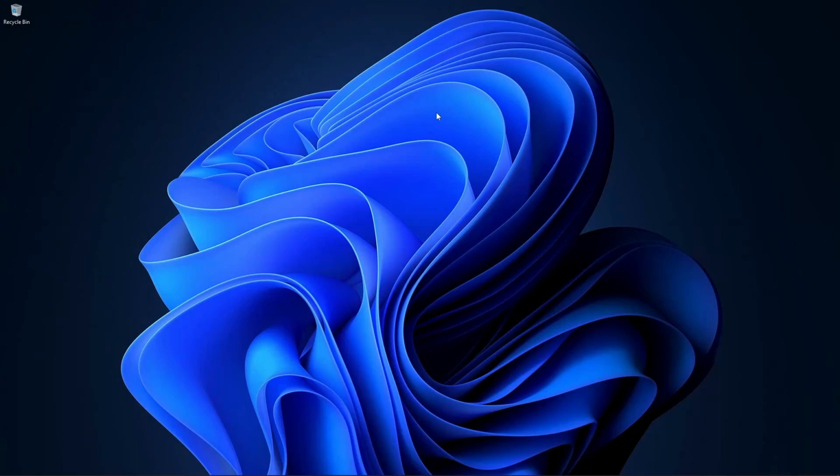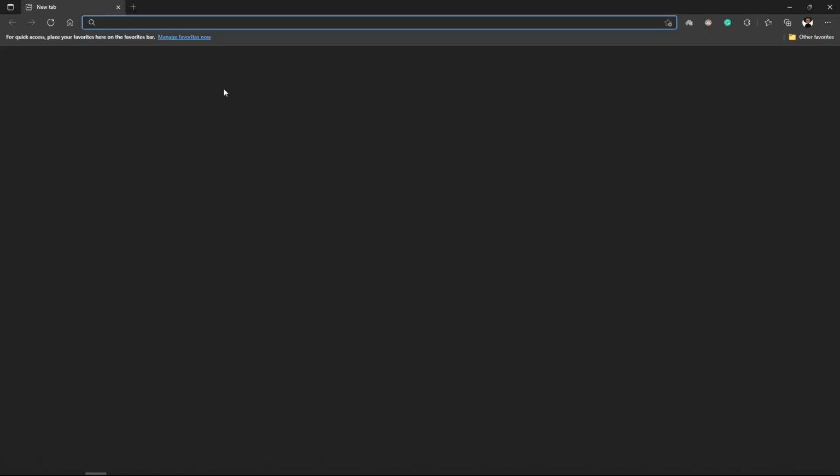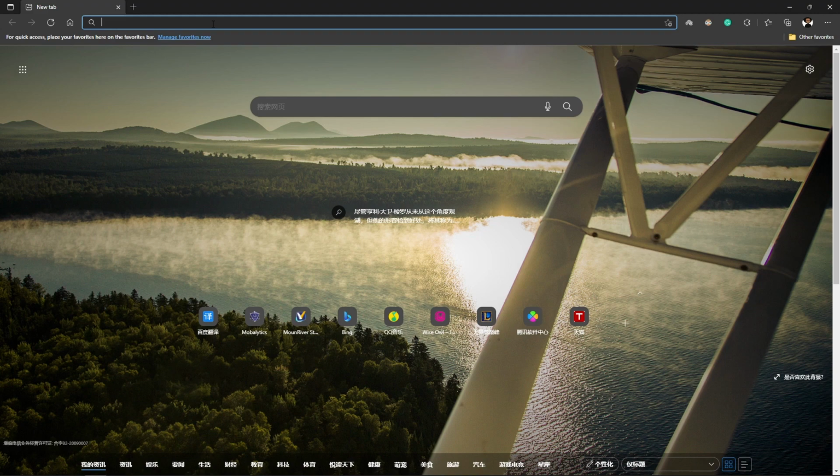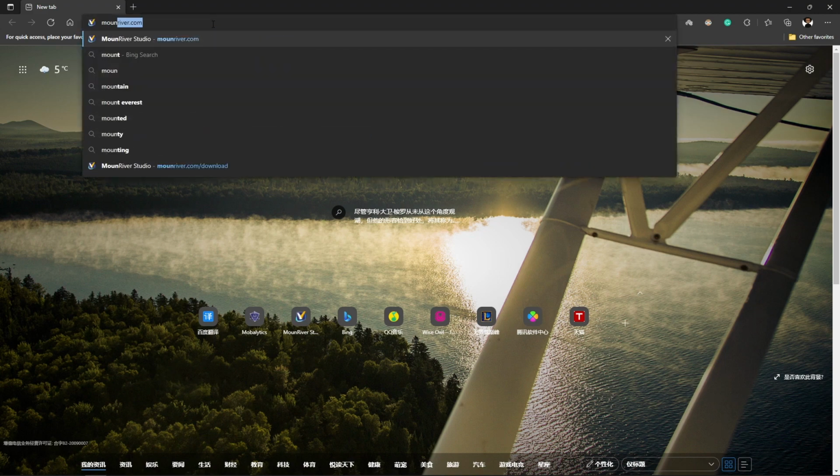Hello guys, today I'm going to be showing you how to install MounRiver Studio, which is the default IDE when you are working with the WCH chips. So the first thing that you want to do when you want to install MounRiver Studio is open your browser and type mountriver.com,